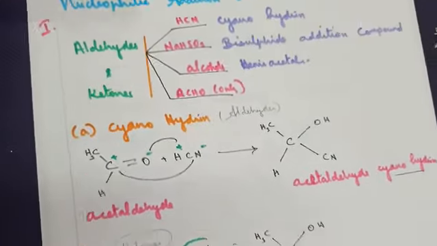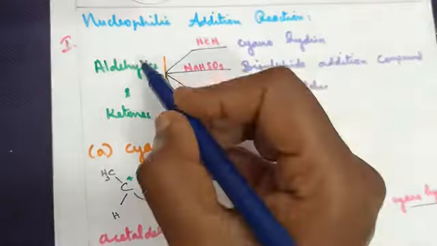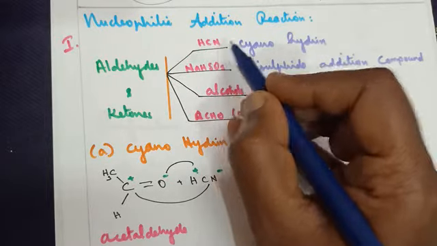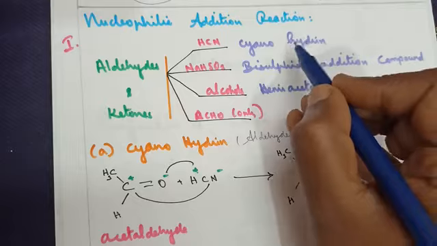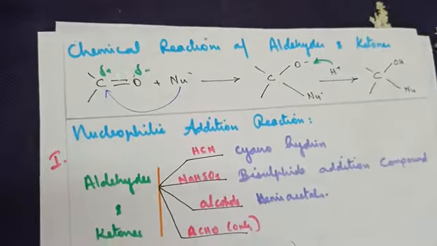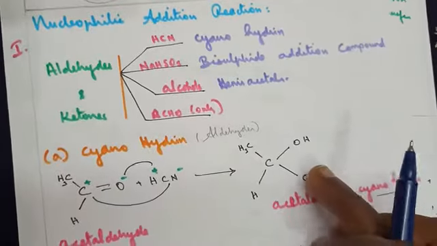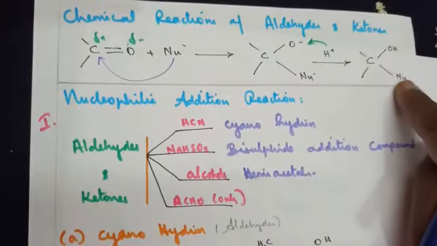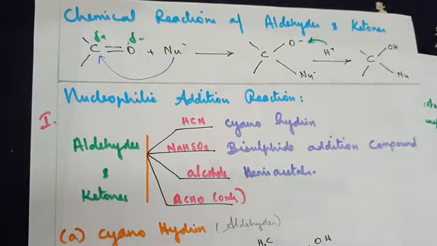I hope you all are able to understand the explanations here. So aldehyde or a ketone, when you treat with hydrogen cyanide, we get cyanohydrin. Remember, all through the chemical properties, that when we treat with the incoming nucleophile, the final product should have the nucleophile and an OH group.